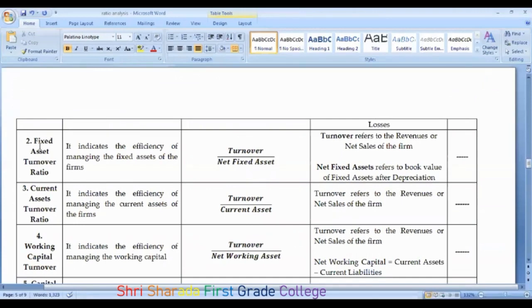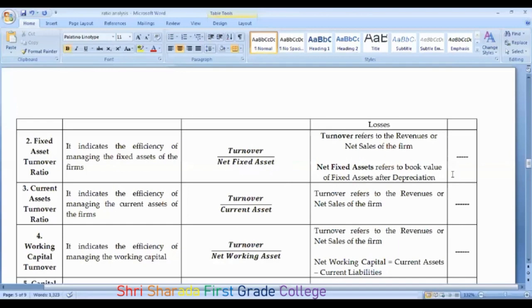It shows how efficiently the company can manage its assets, which will be discussed here. Whenever you come across a fixed asset, depreciation comes into the picture. So should depreciation be taken? Yes, it should be taken. The book value of the fixed assets after depreciation. After providing depreciation, you get the WDV, that is the written down value, or the book value. That will be taken into consideration here as the net fixed assets.